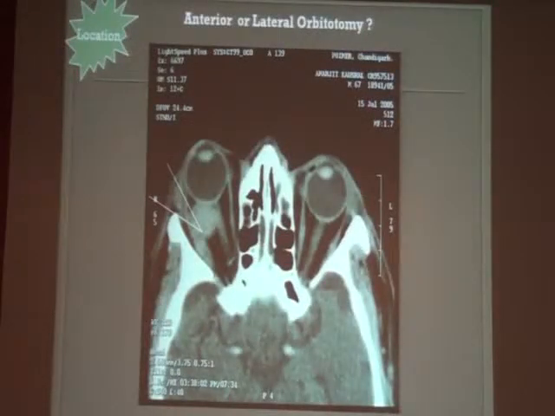Now coming to the examples, here is a lesion which is a fairly well defined lesion, moderately enhancing and located in the anterior orbit. As we can see, the space between the globe and the lateral wall is just sufficient for it to come out from the anterior approach. However, if this lesion were located somewhere in the posterior orbit, then it would require either a combination of lateral orbitotomy and superior orbitotomy, or the transcranial approach.